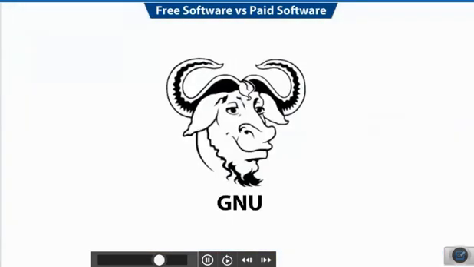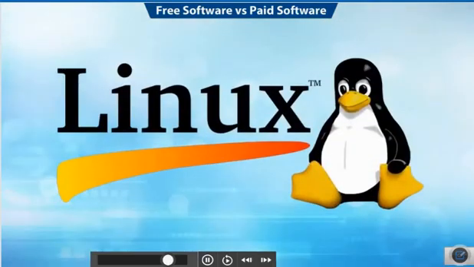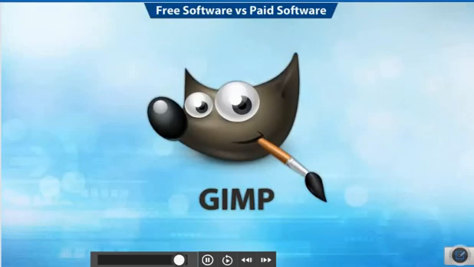However, GNU project gives you the freedom and control to share, study, and modify it. Linux operating system is a classic example of free software which was developed collaboratively by the software developers across the globe. GIMP software is available under General Public License (GPL), and so it is free to use. You can use it and modify its features as well.